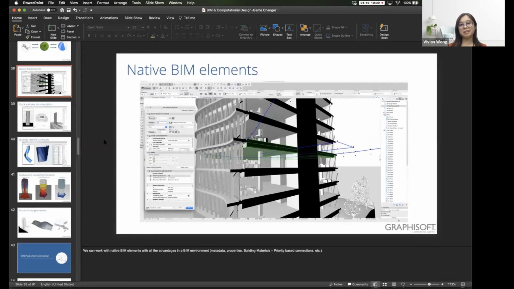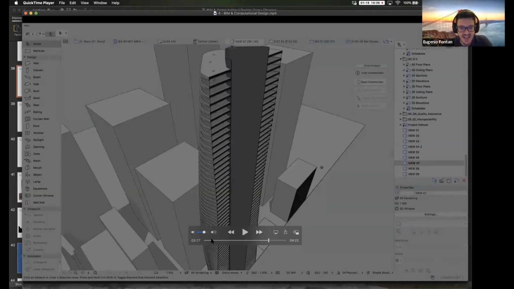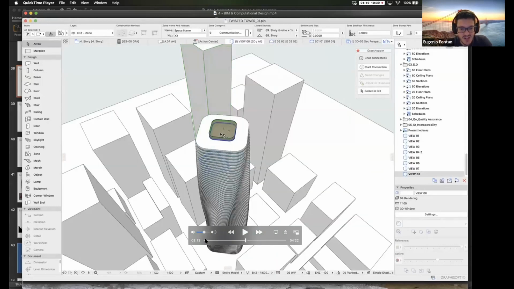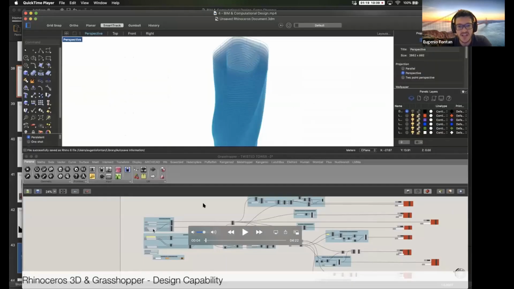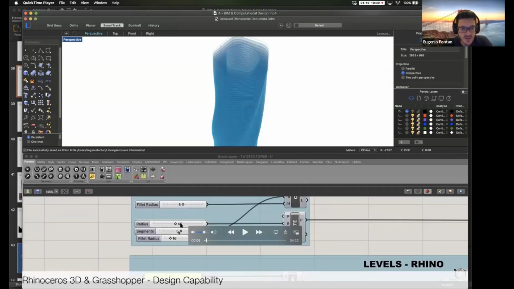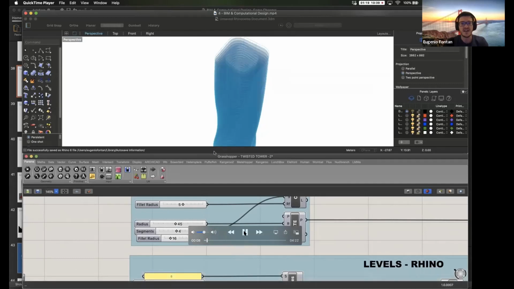Yeah, but for example, with this exercise I show, my idea was to prepare these files, to give the students this script, Rhino file, and Archicad file, and just do with them what I'm doing here, which is just with these sliders. You can see that I changed the radius, the segments, I changed the geometry. It's already set up, so I just changed it. If I say segments 0.5, it goes to 4. So we just use the script to change the design a bit from these parameters, and then we bring the elements to Archicad. So this workshop could take maybe 1 hour,